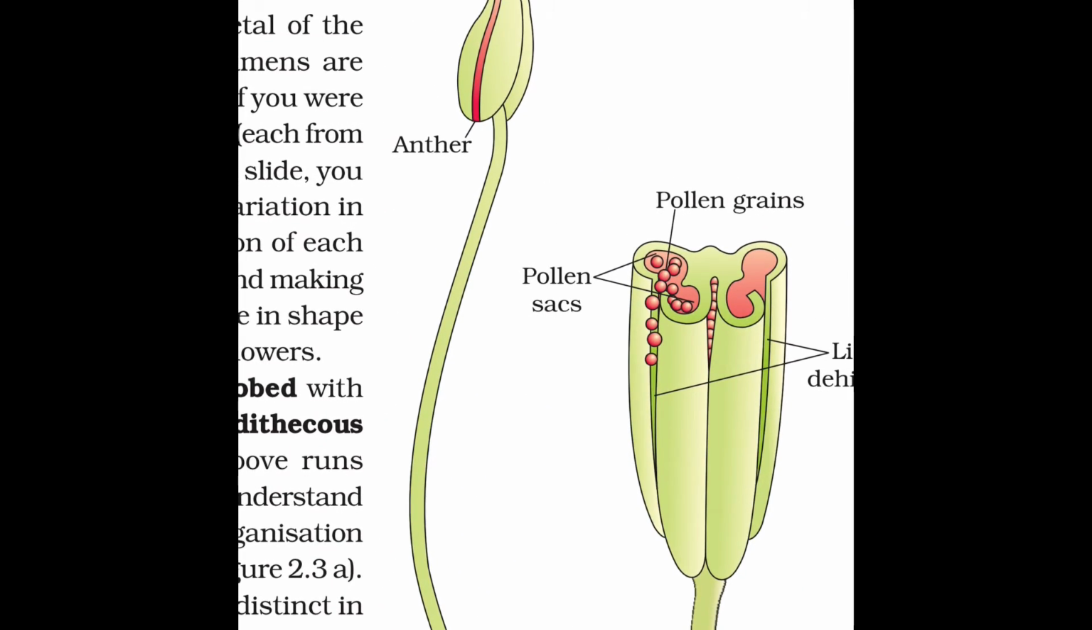Students, the male reproductive part of a flower, that is androecium, is made up of one to many stamens. When we see the structure of a stamen, we see that the distal end of the stamen is made up of an anther, which is a bilobed structure, and the anther is connected with a long filamentous structure. This filament,